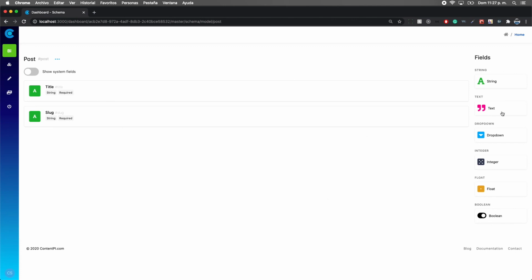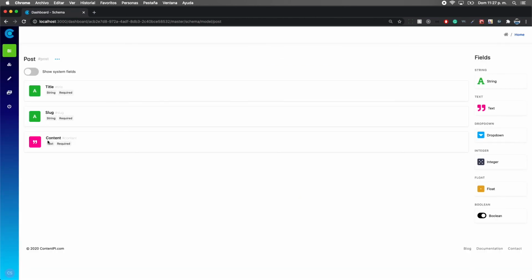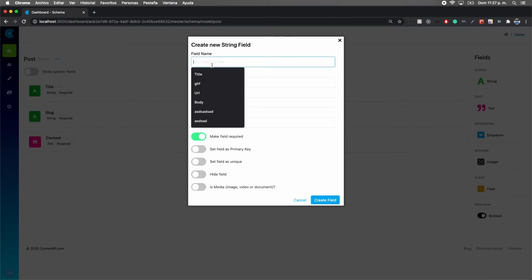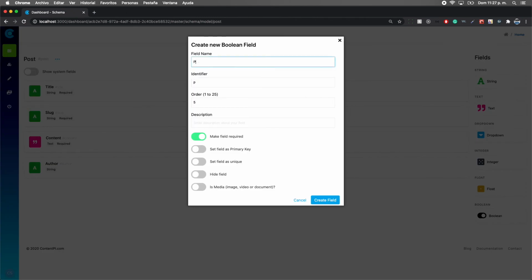Then let's say we want the content, so we select type text, create new text. We say this is the content. We can mark this as required. That's fine. We get the content here, and then let's say you want the author of the post, and maybe this is not required, so I remove that. Okay, author, and then a Boolean value to see if it's published, or not, and the order is gonna be 5,